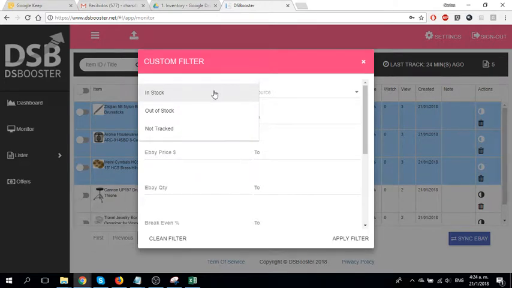First of all, you can filter on in stock, which are the items available on your store, out of stock, the out of stock items on your store, and the not tracked option. Okay, this not tracked is the option that will show you which items are not being tracked by DS Booster. This could be because you're not paying for the package that includes all of your items. You only have the 500 items on store on DS Booster,